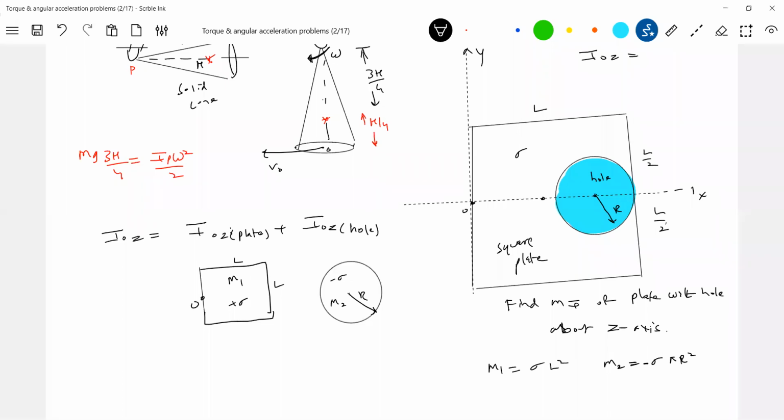Now, what should be the formula now? How do we have to write this? The moment of inertia of the plate should be equal to m1 L square by 6 plus m1 into L by 2 whole square, since the center of mass will be at a distance L by 2. From where is this brought? From the parallel axis theorem. Moment of inertia about the axis passing through O perpendicular to the plane for this plate: moment of inertia about the axis passing through the center of mass, m1 L square by 6, plus m1 into L by 2 whole square. Okay, now come to the hole.